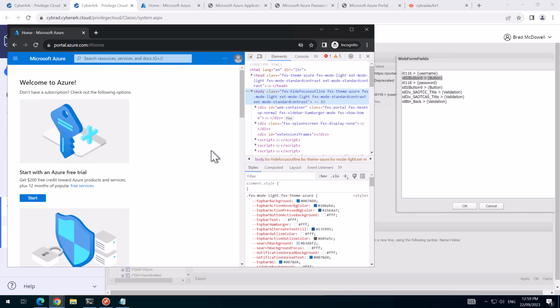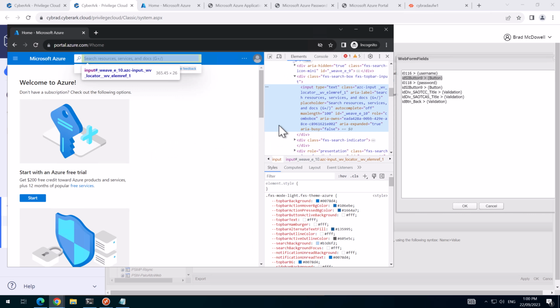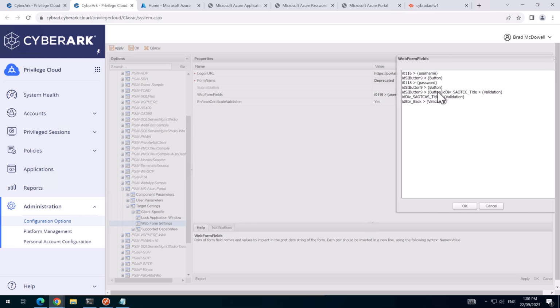So we need to find a way for CyberArk to validate the login has been successful. If we right click on the search bar here and hit inspect, we can see this ID here. So what we need to do is hit the button 9 twice, and then replace all this validation because it's not valid for Azure anymore, and I'll use this as the validation option for